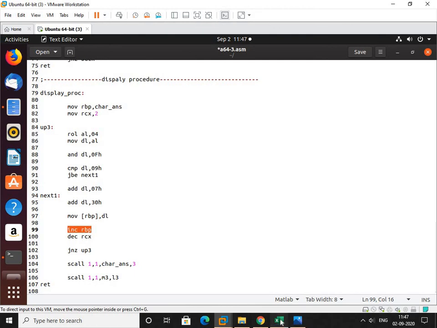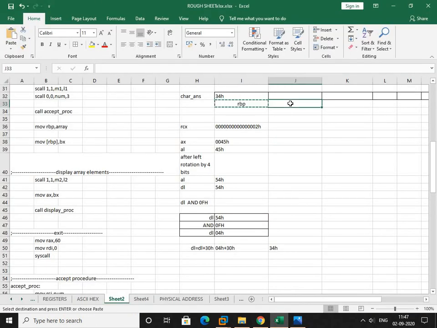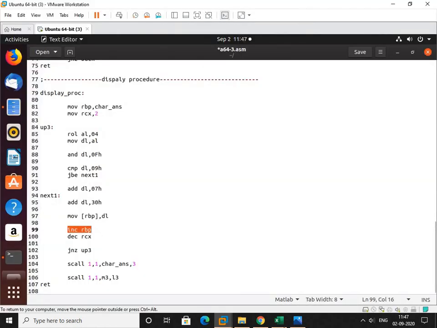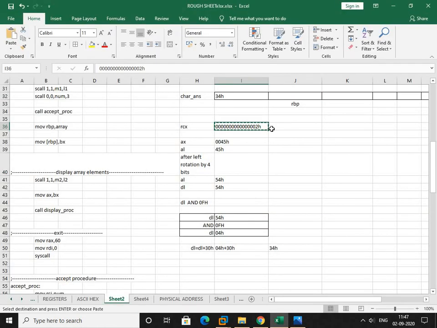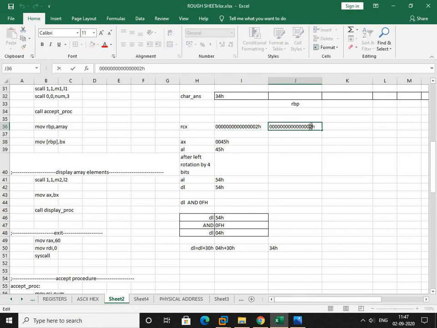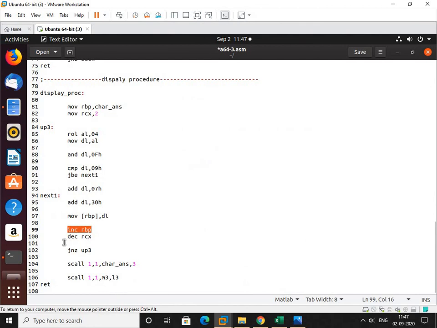Increment RBP. One digit has been converted and copied, so we will be moving this pointer forward. Now it is again pointing to the vacant location. Next, decrement RCX. One digit was converted, so my RCX got decremented by 1. Next, jump if not equal to 0 to label 3. Now we have put this code conversion of hex to ASCII hex in the loop. Since we are accepting and displaying a 2 digit number, this will repeat 2 times. If we want to display a 16 digit number, then it will get repeated 16 times.